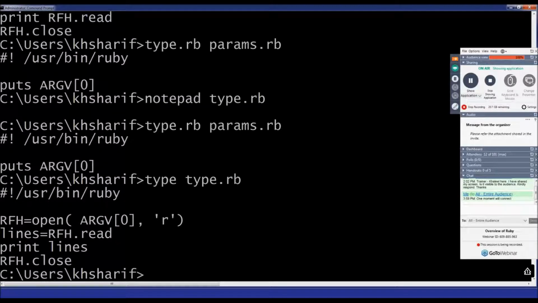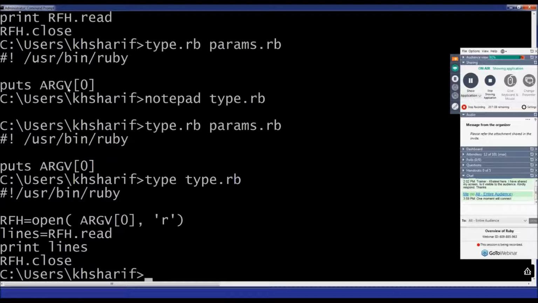This is what I have. I have split it into two. Lines is equal to file handle dot read, and then I'm doing a print lines. Earlier we had a shortcut notation, directly we are doing a print. Now what we will do is we will further modify this and find out what is the class to which